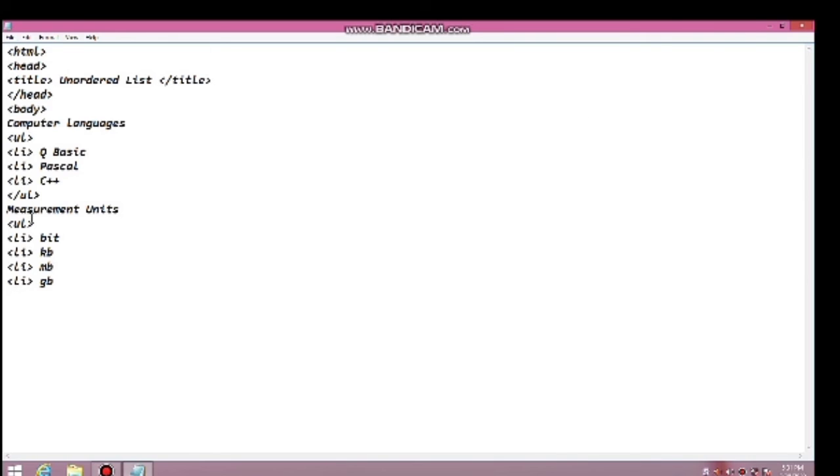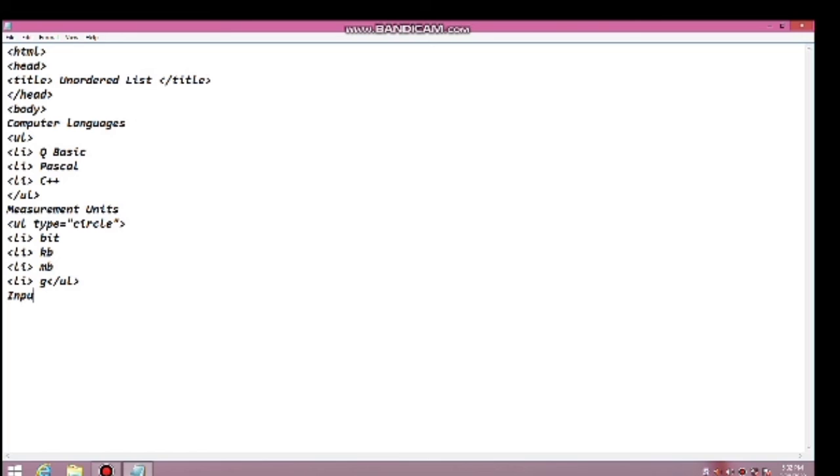Right, now we give the attribute type is equal to, in inverted commas, circle. This attribute sets the list with empty circles. You will see the empty circles in the output screen. Now we close the UL tag.